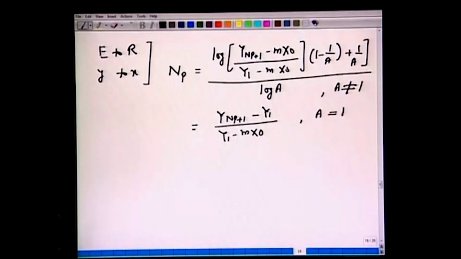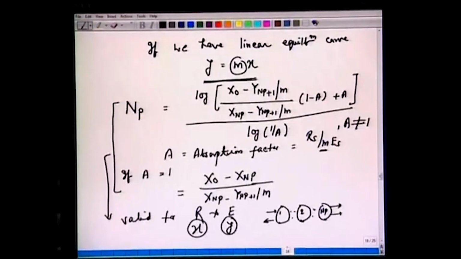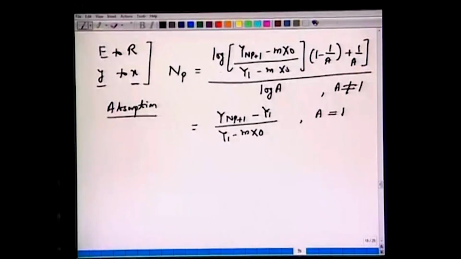So, one is like absorption. We have absorption from gas phase to the liquid phase, and in the previous example we had desorption or stripping. So, we can go to the previous page and say that the expression holds good for stripping or desorption, x to y phase. And these two expressions are known as Kremser-Brown-Souders,